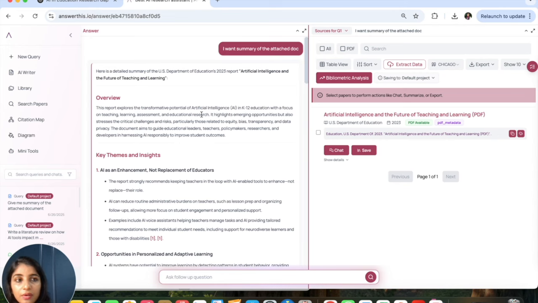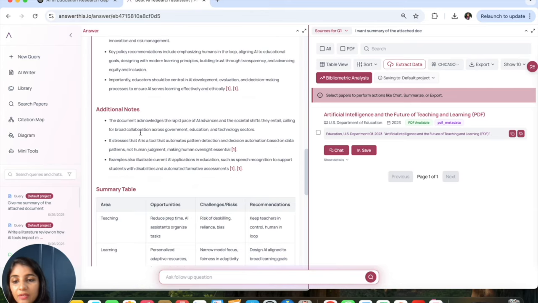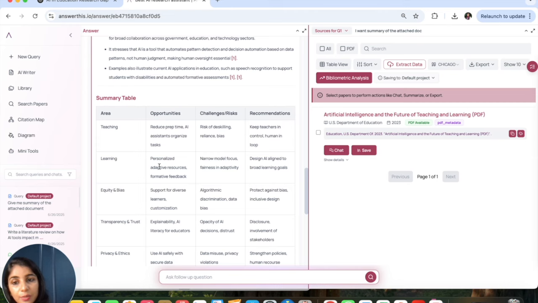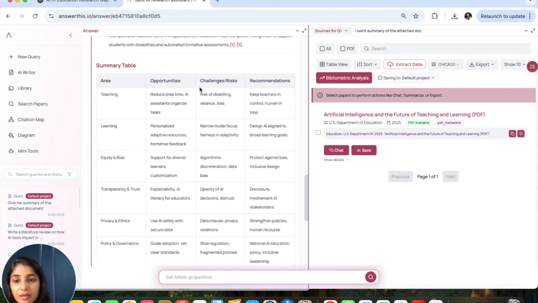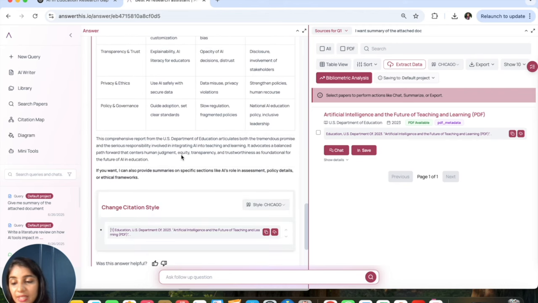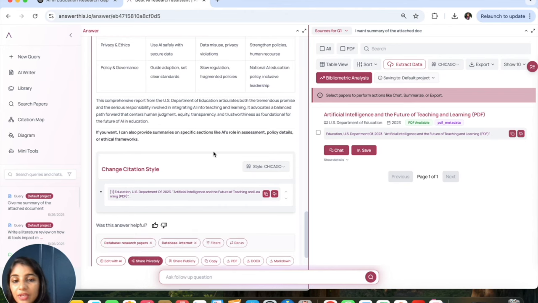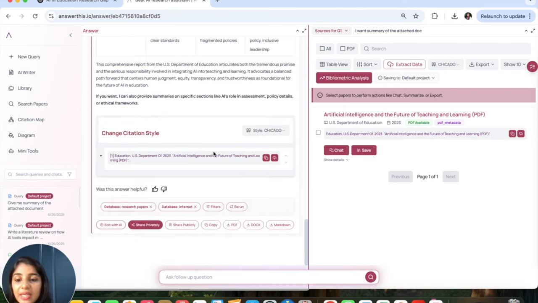So here we have overview, key themes. Along with that, we have additional notes, and it has also provided us a summary table. So based on this summary table, we can understand what kind of opportunities are there, what are the challenges and risks, and what are the recommendations that this paper is providing. So basically this paper is from US Department of Education. So instead of reading the entire paper, it has provided you the complete summary of this paper,